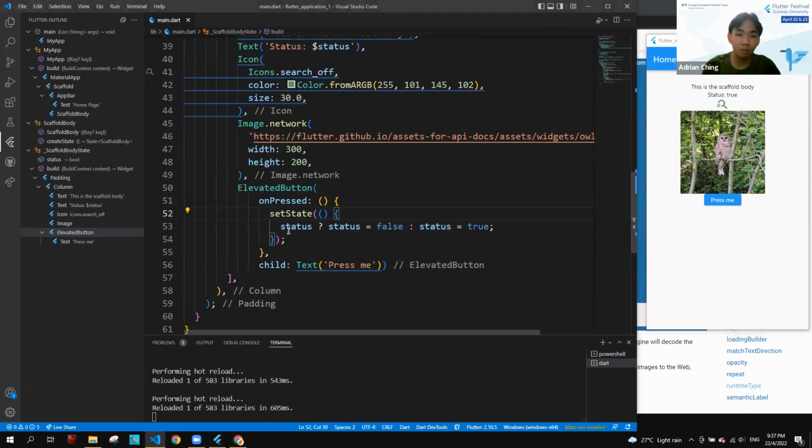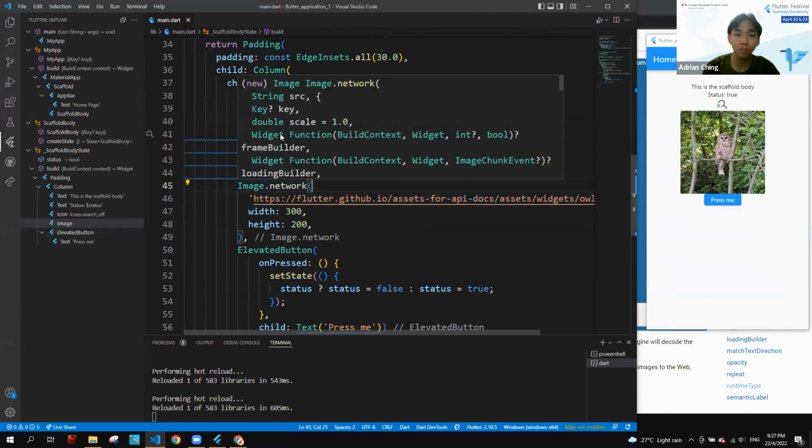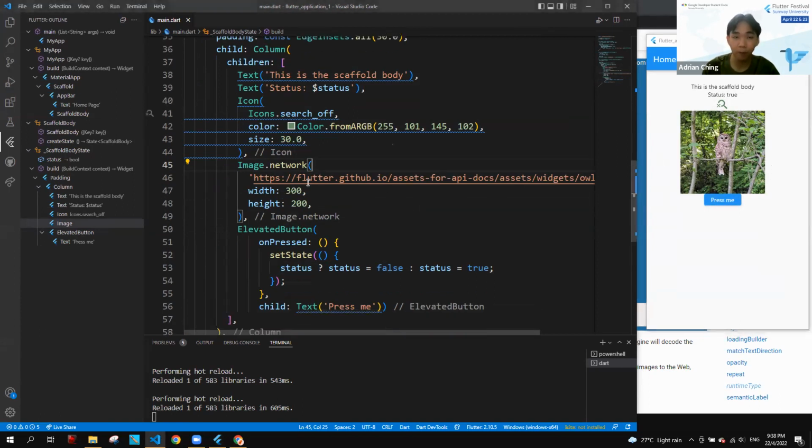Right, so now this conditional operator, this whole thing, it can also be applied in parameters and arguments of the widget. For example, let's say we don't want to show this owl. Let's say we want to show two different images based on the status. If it's false right now, we want to show this image. If it's true, we want to show another image. So we can do that by manipulating the source inside here and using the conditional operator.